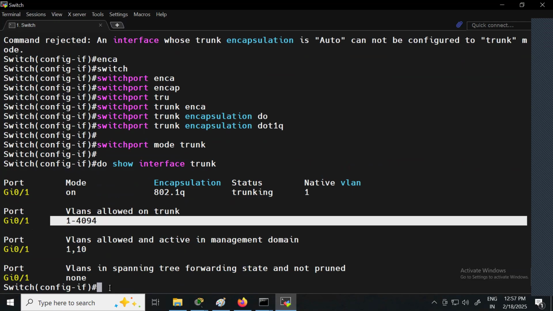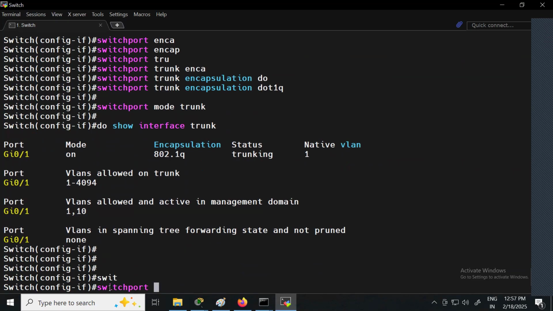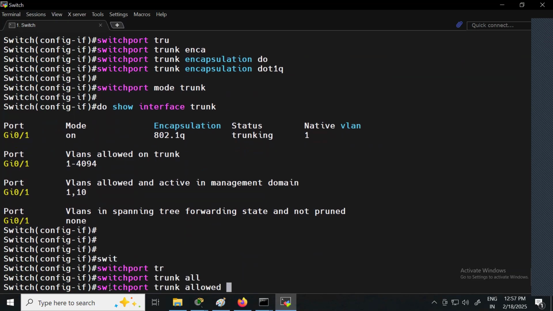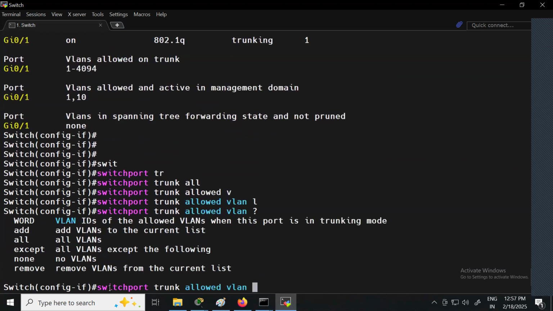Okay. Now let's say I just want to say that only VLAN 1 should be allowed. So what we can do is switchport trunk allowed VLAN. Then if I want to add any VLAN, I can add. If I want to allow all the VLANs, I can say all.